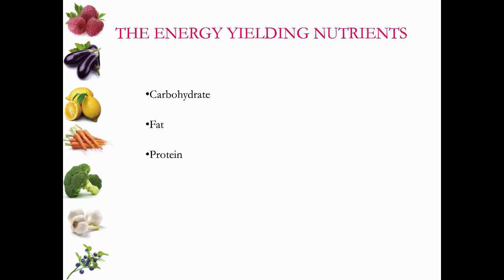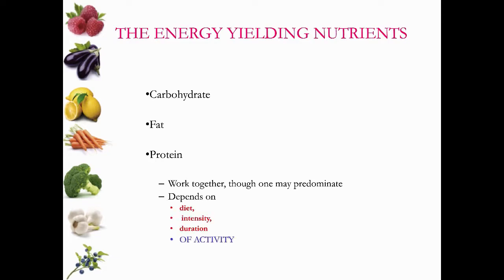The energy-yielding nutrients are the macronutrients: carbohydrates, fats, and proteins. This is what provides us with calories. This is where we get our ATP for muscle contraction. They tend to work together. We get energy from all three macronutrients, but depending on the diet, the intensity and duration of the activity, carbohydrate